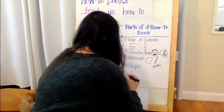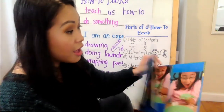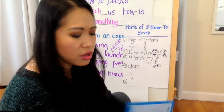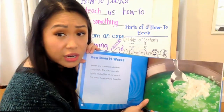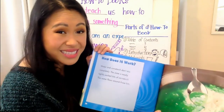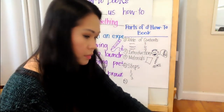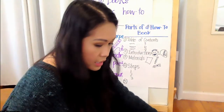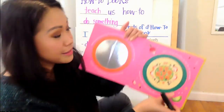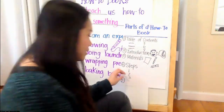It's up to you. And the last thing that all of my how-to books had was a conclusion. Can everyone say conclusion? Yeah, conclusion. And a conclusion kind of tells you what you did or explains it a little bit clearer. So in this slime book, it teaches us why slime gets slippery and sticky, how it works. And in the taco book, it just tells you to enjoy and shows you how a completed taco looks. Okay, so step 5 for our how-to book is